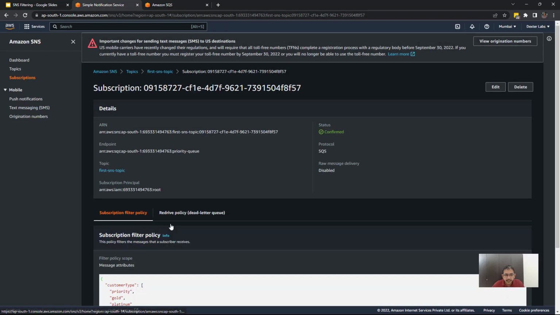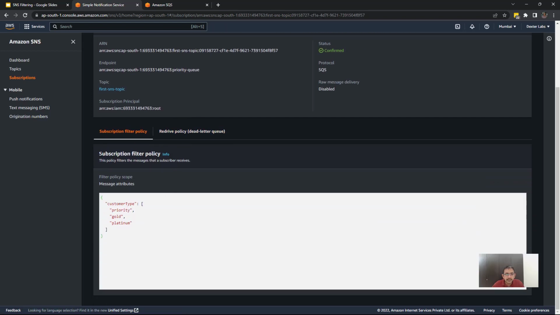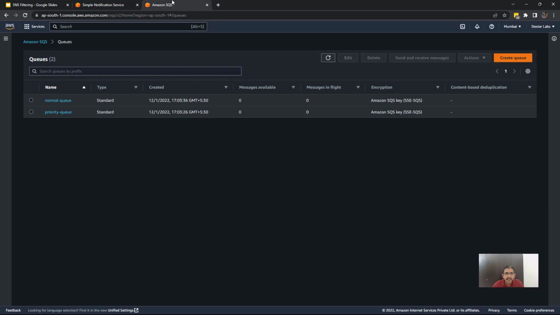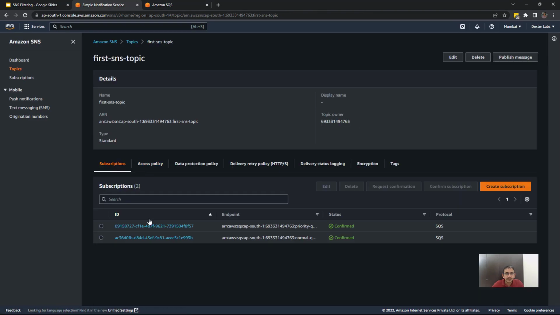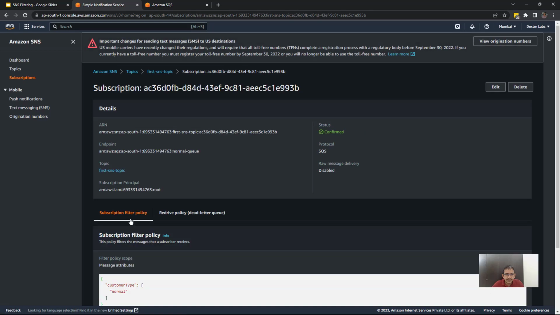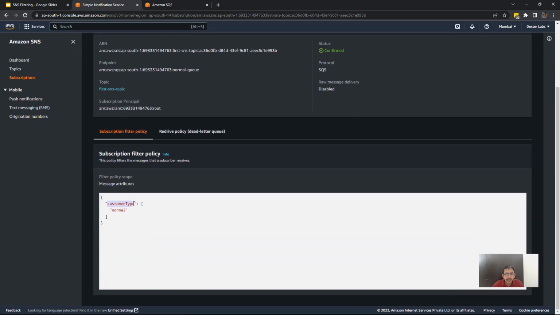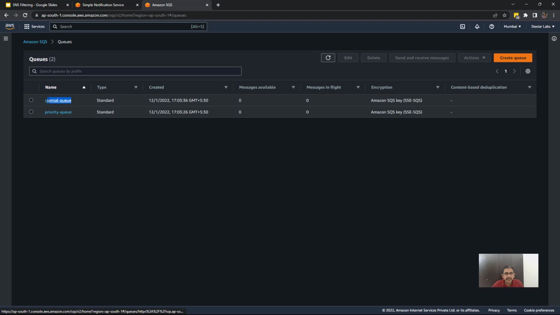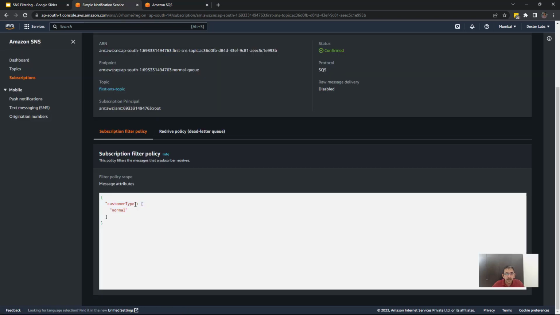In the priority queue subscription, there is a subscription filter policy which states that in a message, if it sees an attribute of customer type as either priority, gold or platinum, then that message will go to the priority queue. Similarly, if we open up the second subscription, here the customer type is normal. So whenever a message attribute of customer type normal is received, SNS will send it to the normal queue. Alright, so this is the basics.